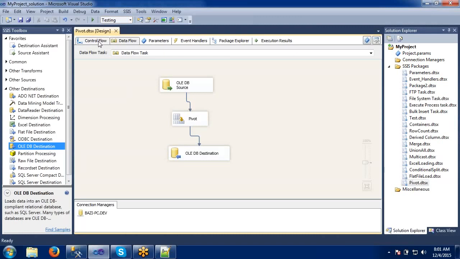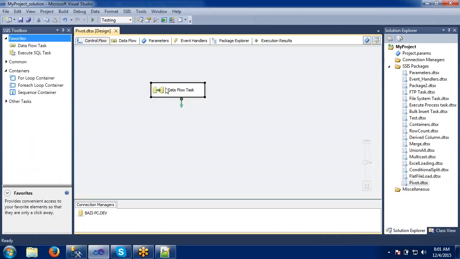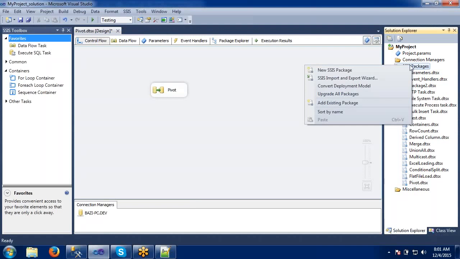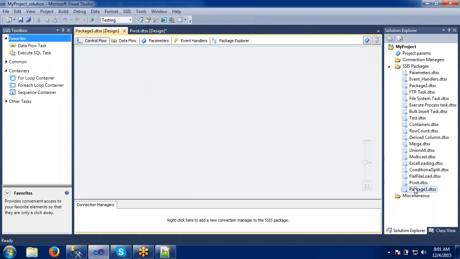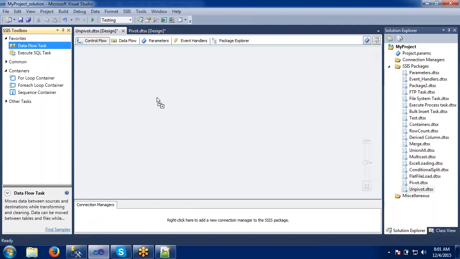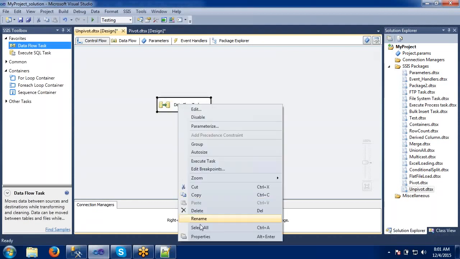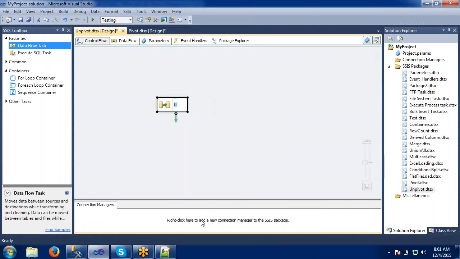Simply, so this is the pivot, right? So this is the pivot. Let me create one more, unpivot. I am renaming the package unpivot. So the same thing. Here my package name is unpivot and I have taken a data flow task.